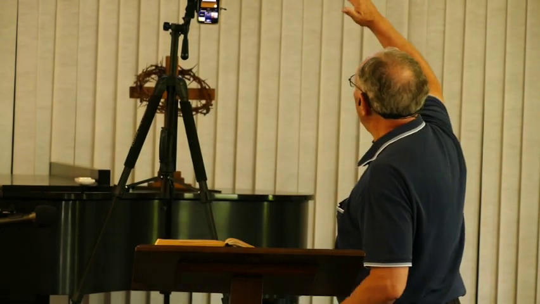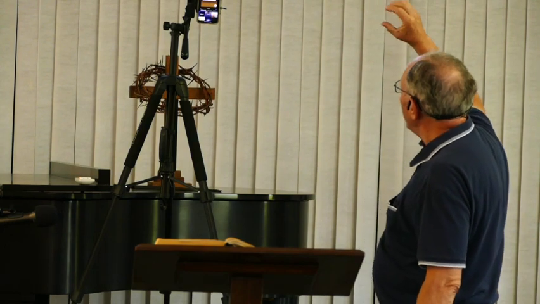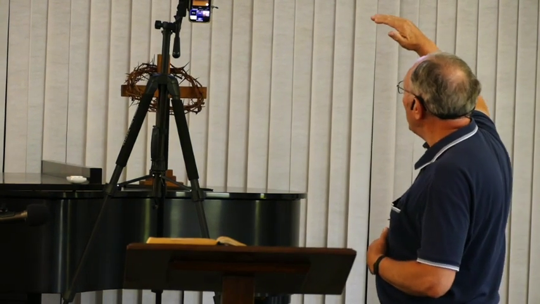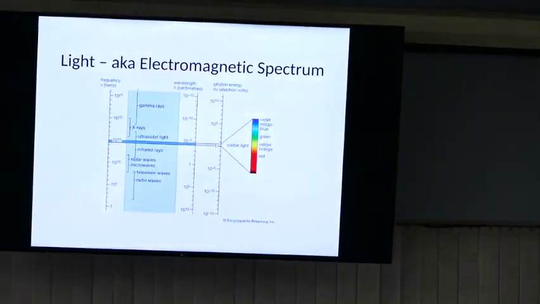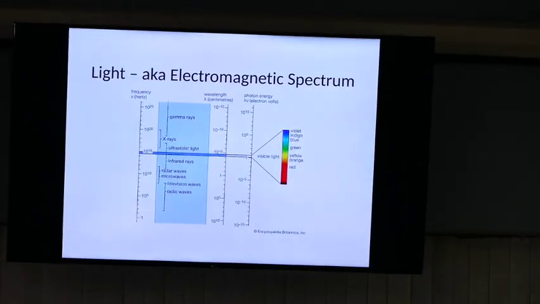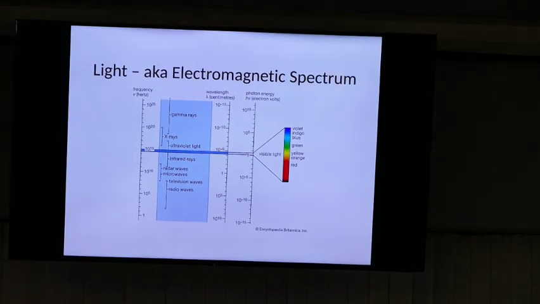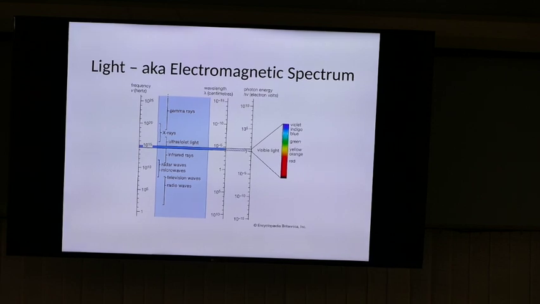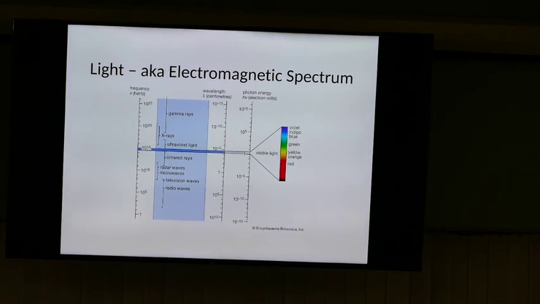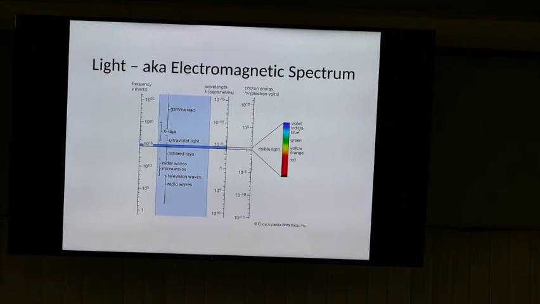Keep going up above that, and you find X-rays. And really, X-rays include part of the ultraviolet, the end of the ultraviolet area, and the beginning of the gamma rays. So some of the X-rays at different frequencies are considered ultraviolet. Some X-rays are considered gamma rays. And then above that you have, who knows how far up, gamma rays.